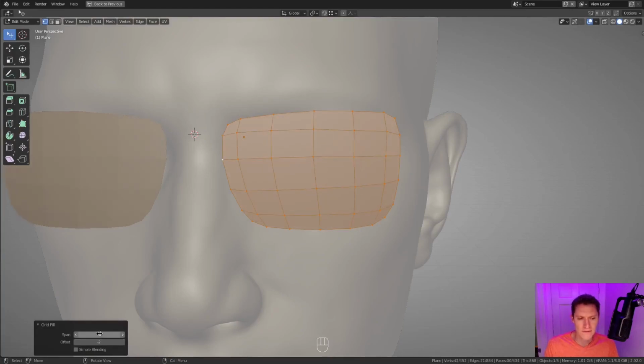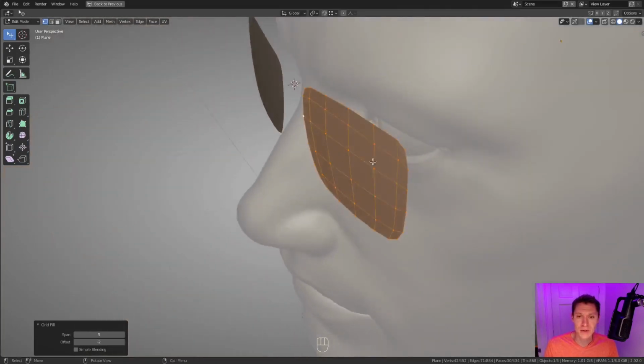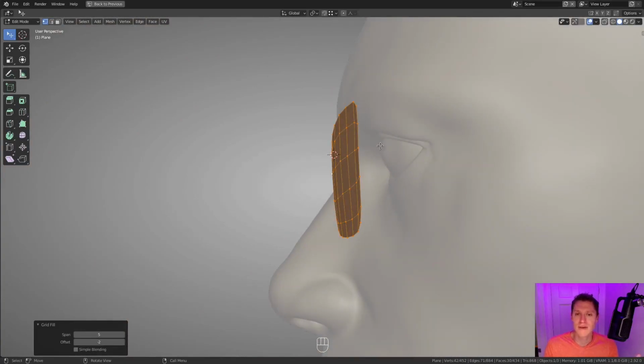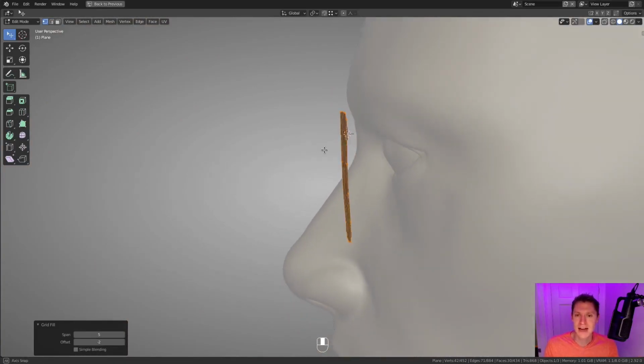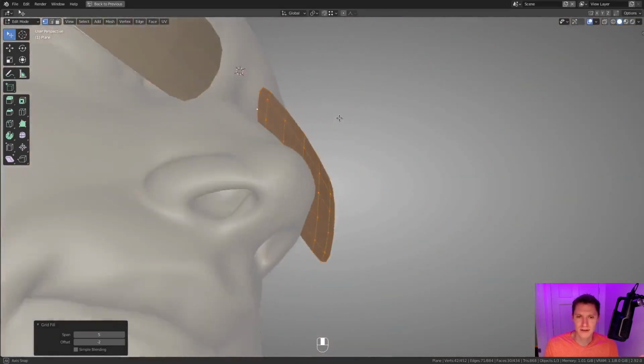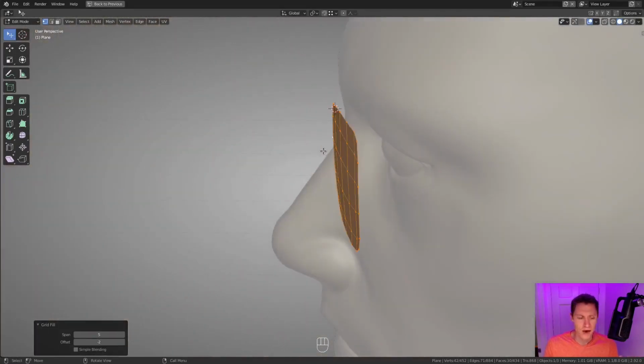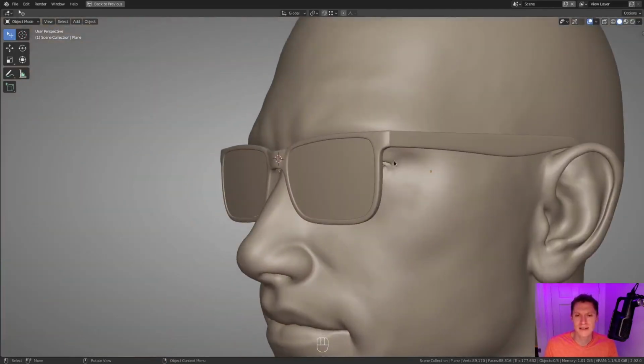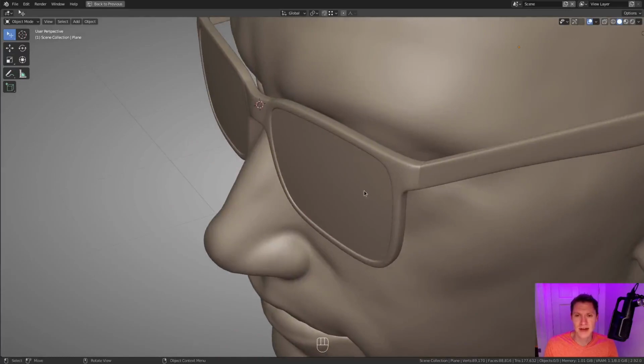Okay, that's what I wanted. 5 in span and 2 in offset. And what's cool about this tool is it tries to fill in or compensate for the built-in curvature. So you see that it's not a planar grid fill. That's perfect because we already have the curvature of our lens built in. And I think that's a really slick feature of that operator.